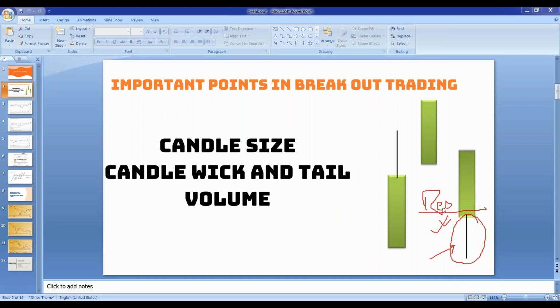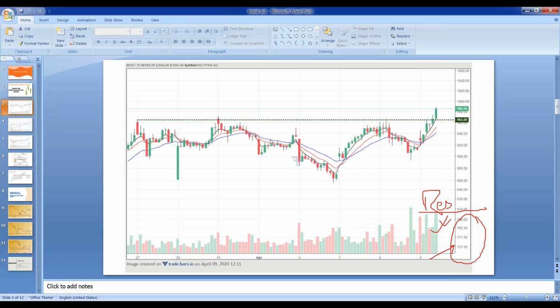So now let's talk about this breakout trading on a few charts so that it will be easy for you to understand. This is one of the charts which I had shared earlier on the Telegram group. Now don't look at these three lines, the blue line, red line, and black line. Ignore those lines. Focus on the length of the candle. Focus on this area, this candle. The last candle you have to focus on.